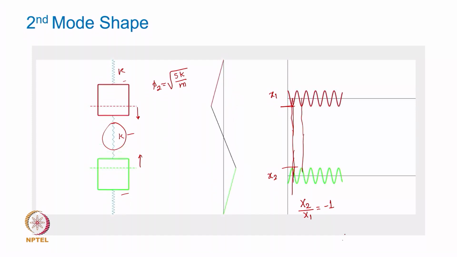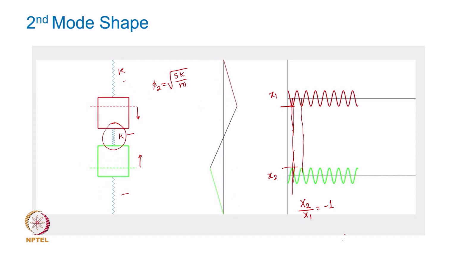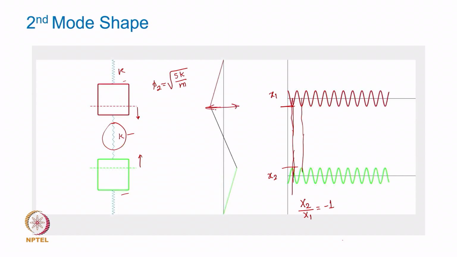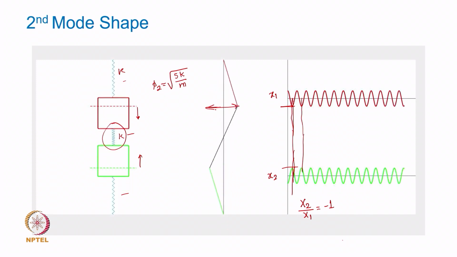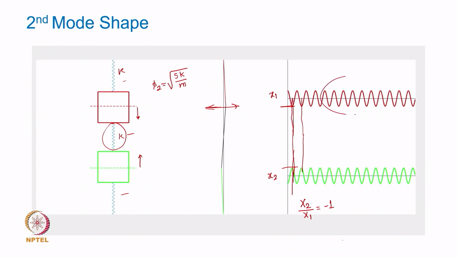Now, therefore, you can also see that the speed with which this motion is happening is much higher than the speed with which the motion was happening in the first mode, because the frequency was lower. Okay. Anyway, so this motion of individual masses is harmonic motion,